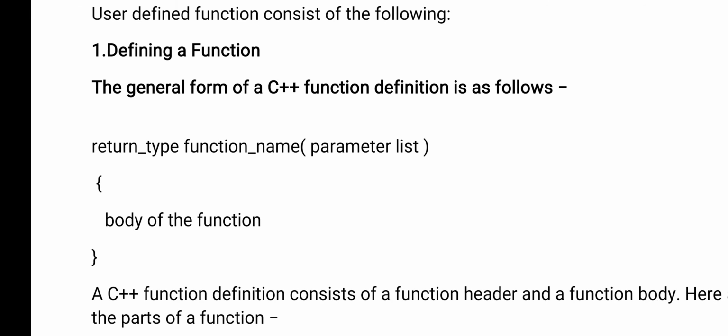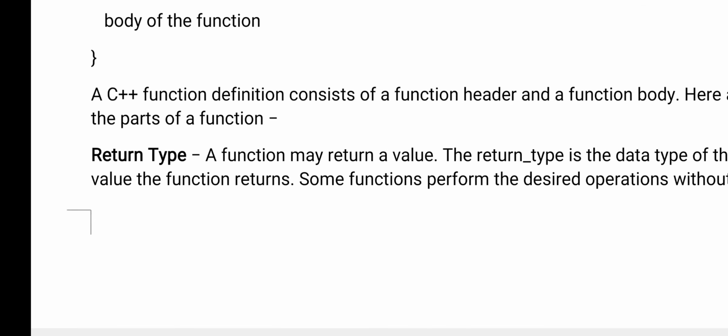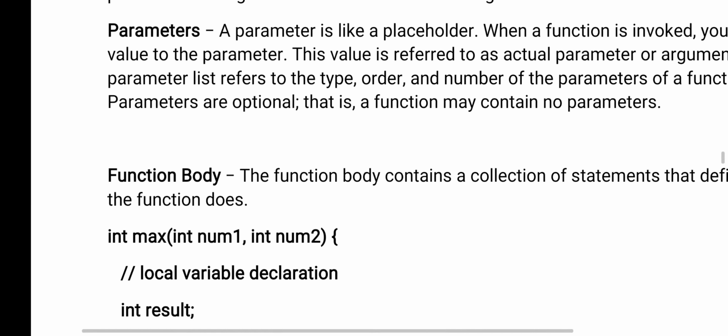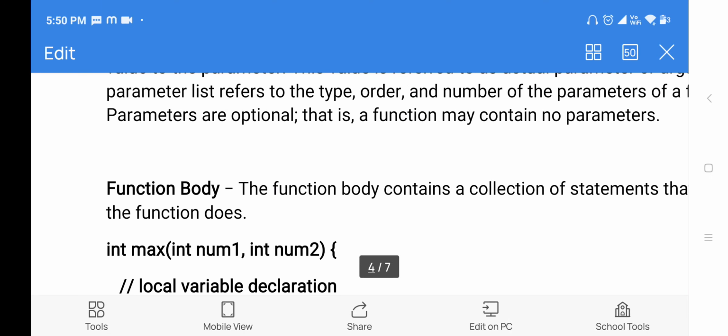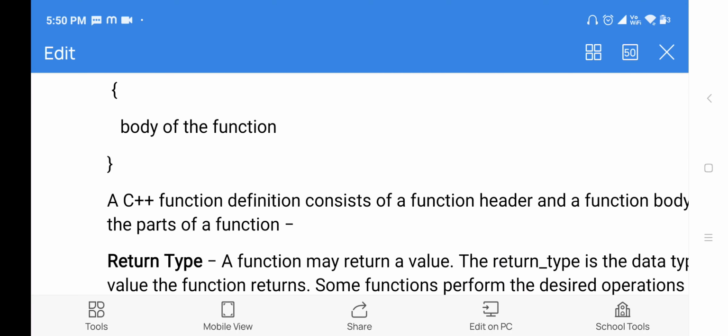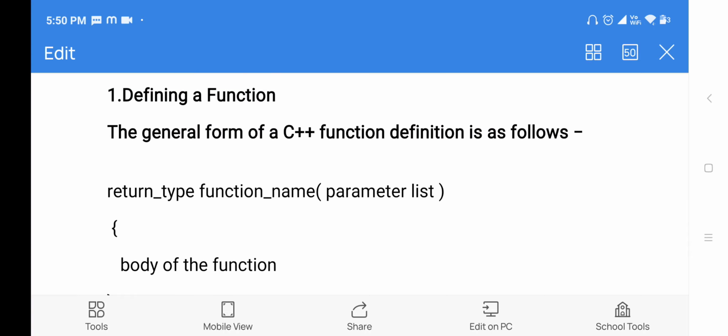When you are using any function, it is a condition that you have to define the function. That means you should declare what is the body of the function, what type of value the function will return, what is the name of the function, and how many parameters are there in that function.